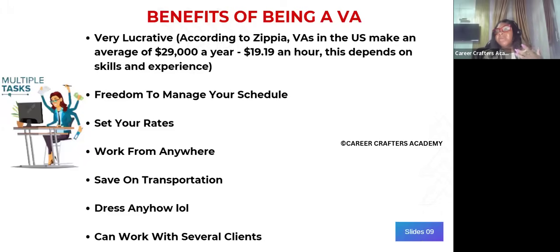People who work 9 to 5 leave their home maybe at 6, 7 or 8, depending. They get to work, they work all day, and then they return. It's very hard for them to sneak in another client in there. But virtual assistants, whatever time you're working, even if you're working 8 hours, you can still sneak in a few projects, even just for having sake, right? So you can actually work with several clients at the same time. These are benefits that I can say are really worth it as well.